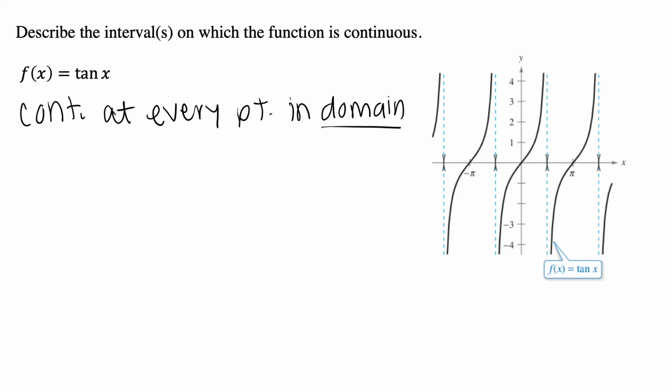So we have to think about our function and what values are not going to be in the domain. Thinking about the graph of tangent of x, we know that we have asymptotes, or places that tangent of x is undefined. Those include here at pi over 2, 3 pi over 2, and so on. So we can say our function, tangent of x, is undefined